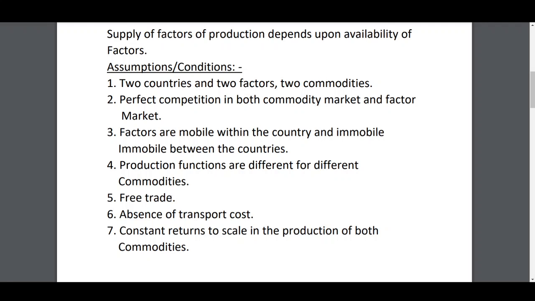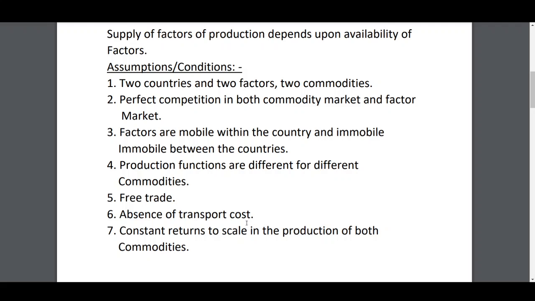Free trade, as I already explained in the previous lecture, means no tariff barriers. Followed by smooth movement of the commodities. That is the meaning of free trade policy. Now, the sixth assumption is absence of transport cost. Ohlin and Heckscher are assuming that the transport cost must not be there in calculating the cost of production of